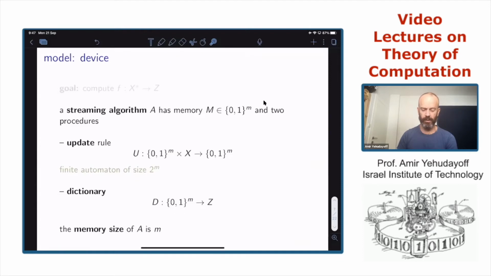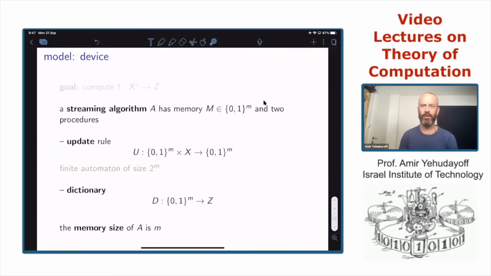But a streaming algorithm also has a dictionary, a way to interpret the content of the memory and translate it into a decision. I call it a dictionary. It maps the state of the memory to an output. The function we want to compute should output elements in Z, and the dictionary tells us that if the state of the memory is M, then the output is D of M.